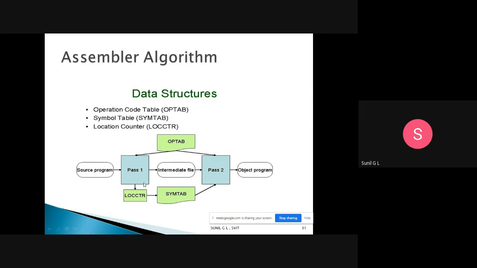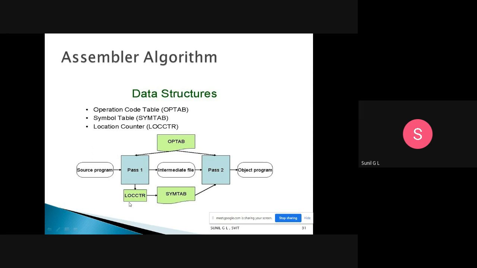Here we have a source program and pass one. In pass one we are listing the mnemonics and the corresponding opcode in the optab.